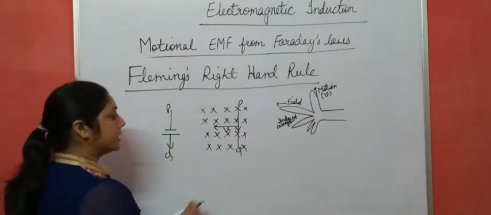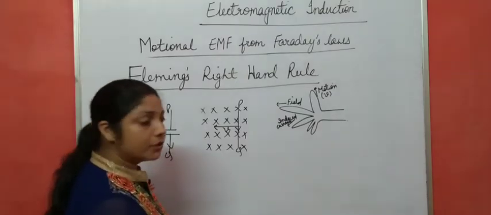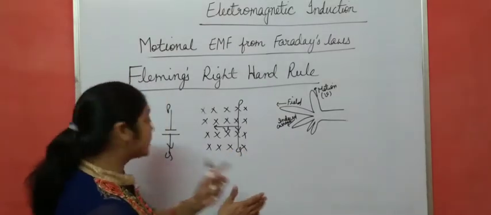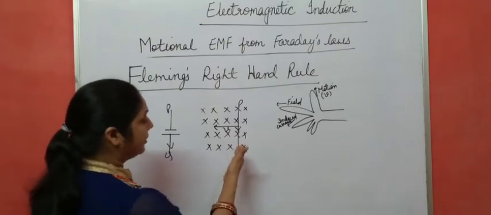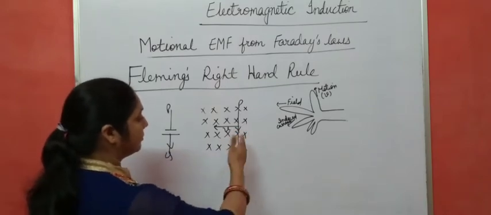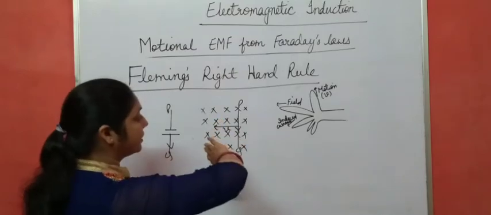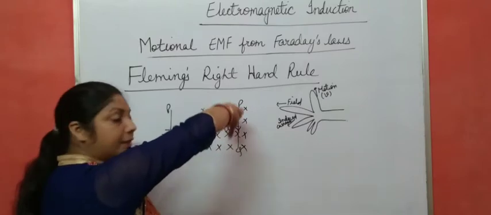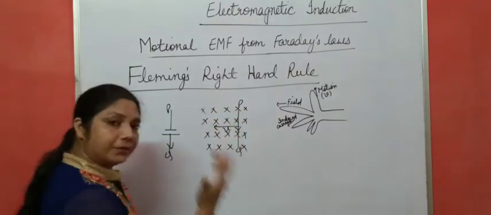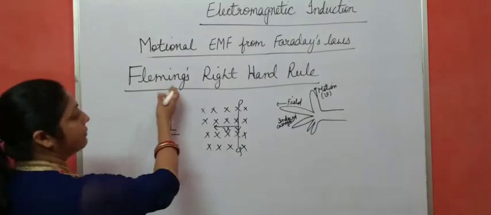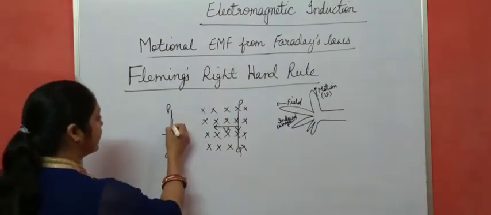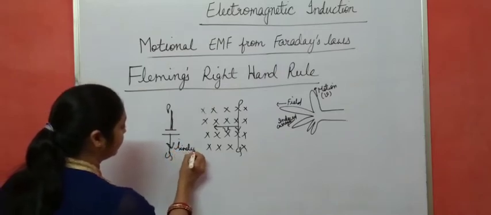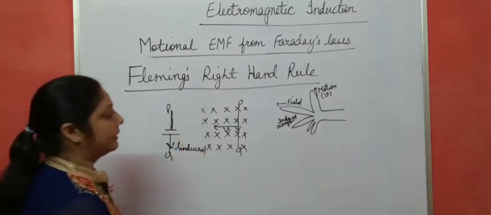We also discussed the right hand thumb rule, where the direction of the thumb gives the direction of the positive terminal of the battery. Field is inward, right? And motion is this side. So you curl your fingers from the motion to the direction of magnetic field. The thumb points downward. It means the direction of current is downward according to that rule also. But the best one is explained by Fleming's right hand rule. In this case, the direction of induced current is along PQ. Okay, this is Fleming's right hand rule.